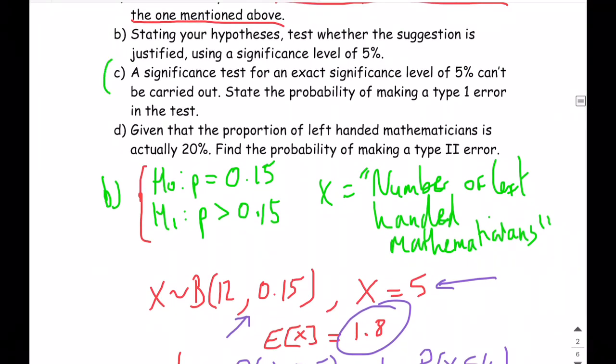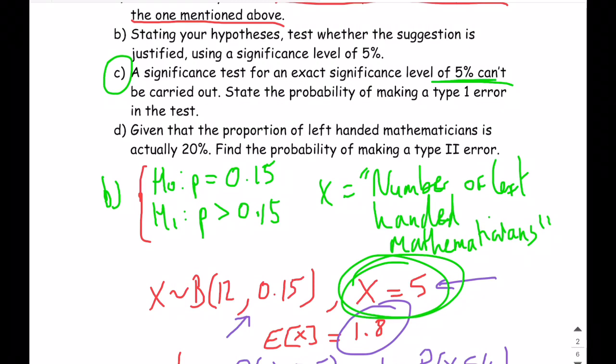C. A significance test for an exact significance level of 5% can't be carried out. State the probability of making a type 1 error in this test. Remember, the probability of a type 1 error is your significance level. What this question is telling us is that there isn't an exact X value out of the 12 people that gives us 5% dead on as a p-value. So basically, find the first one